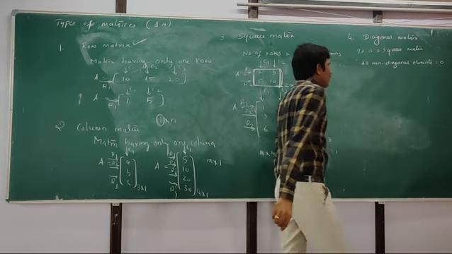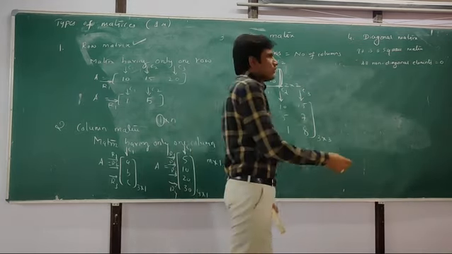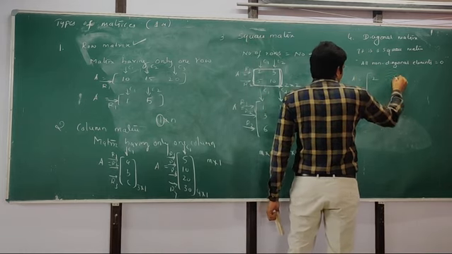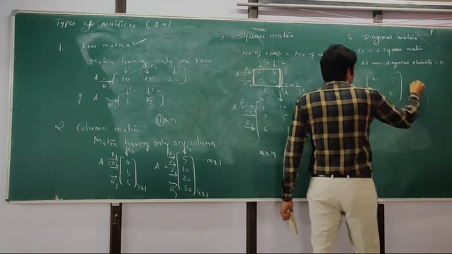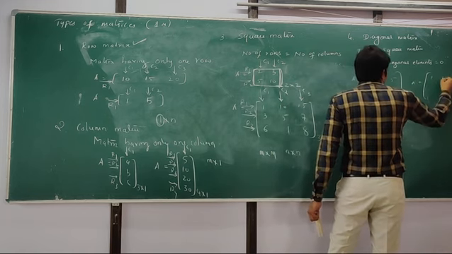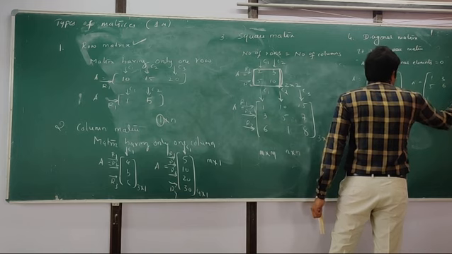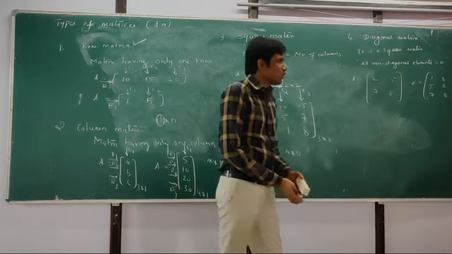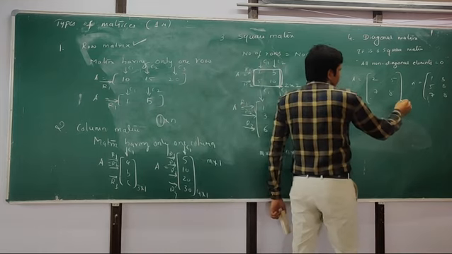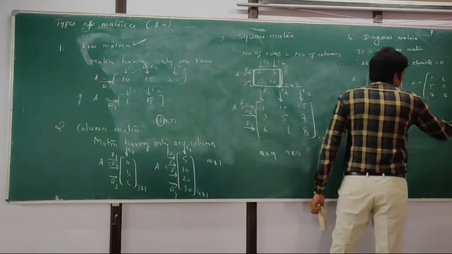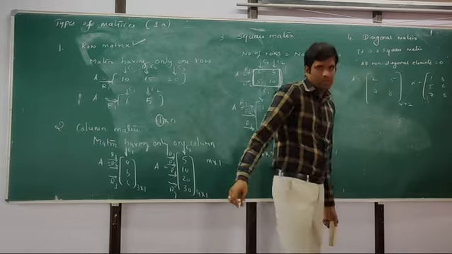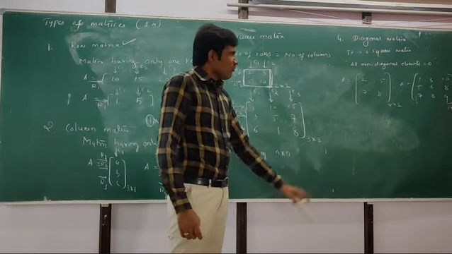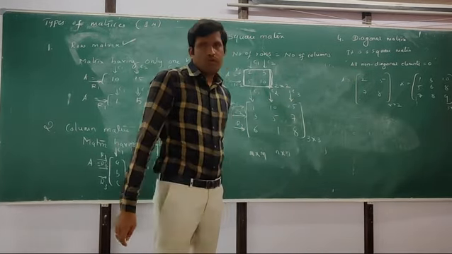So what is the meaning of all non-diagonal elements being equal to 0? See, for any square matrix, I will give some examples: 2, 5, 7, 8. Right, and this is 1, 3, 10, 5, 6, 8, 7, 8, 9. Let us assume these are 2 square matrices. The order of the first matrix is 2 cross 2, the order of the second is 3 cross 3. Even though we have 4 cross 4 and 5 cross 5, for your syllabus we have only 1 cross 1, 2 cross 2, and 3 cross 3 matrices.